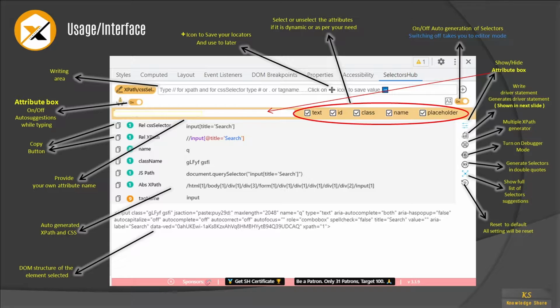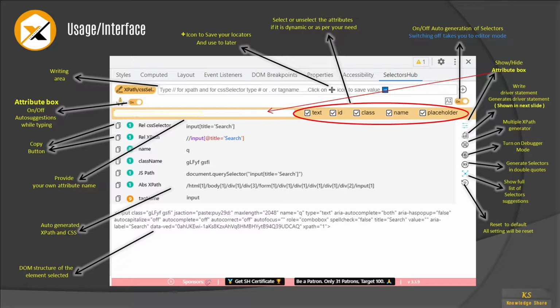It's not about using just some features and getting rid of the other features. When you know all the features, it helps you save a lot of time. When you know only a few features, you will only work with those and just leave the others, whether it might be Eclipse, IntelliJ, or any IDE tool. You have to be familiar with the usage of those features and icons. So now let's do some brainstorming on this usage or interface.